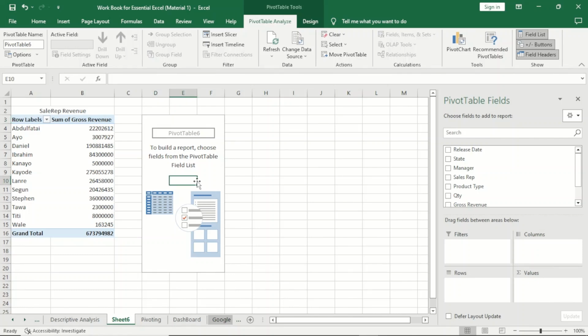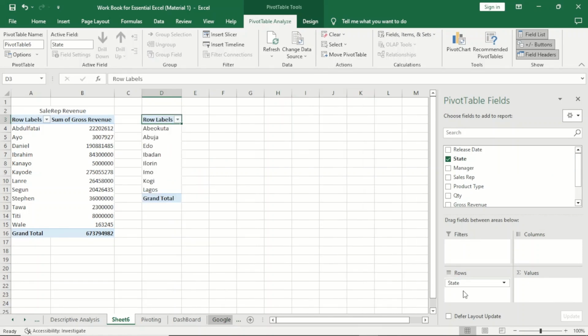Let's say our states, I need to know the total income a particular state brings to the table, so that we can make a decision that this particular state is doing better than the other states. We can know the ranking of sales and gross revenue they bring to the table. So you drag these states, because I want to know what is going on in every state, the total revenue of that state. I want to know what they bring to the table. I click on states,